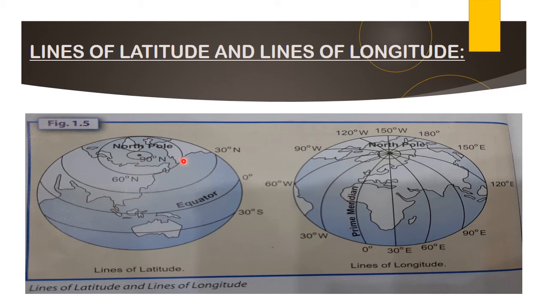Here the North Pole is at 90 degrees and the equator is at 0 degrees. Here as well, longitude 1 is showing 30 degrees east and 150 degrees west. It is the North Pole, and the other poles are showing the same or other degrees, but it is clarifying the prime meridian here, and these imaginary lines help a lot in measuring the poles.